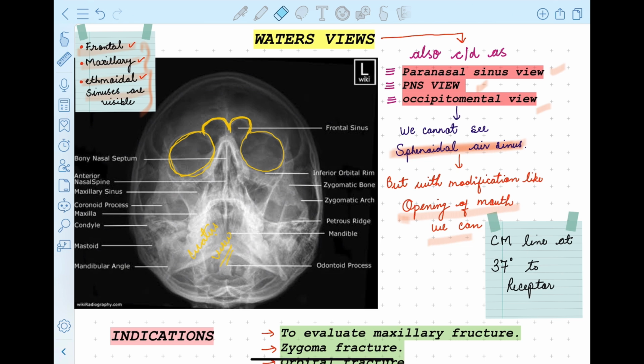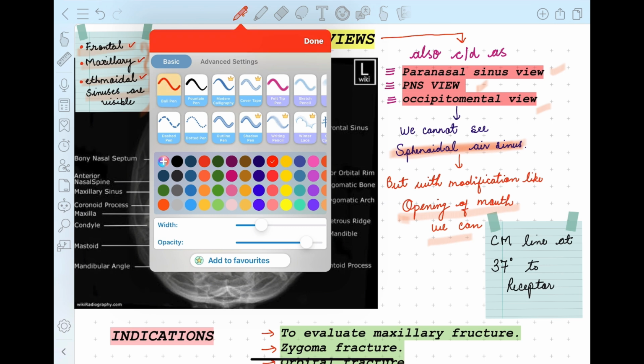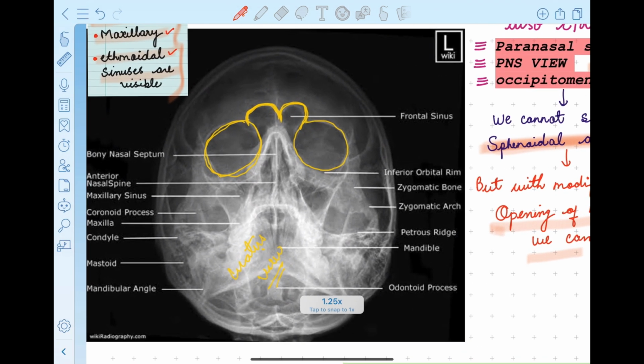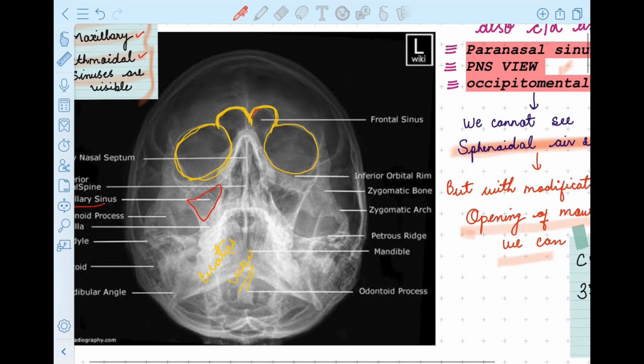now let's see the sinuses in the picture, how you're going to identify. This triangular area, this is the maxillary sinus. Okay, these small inverted heart or half heart structures, this is the frontal sinus. Okay,